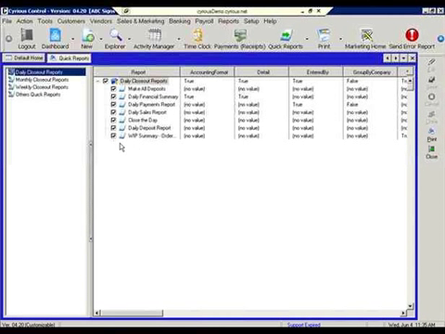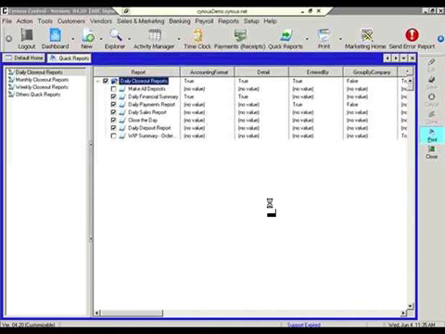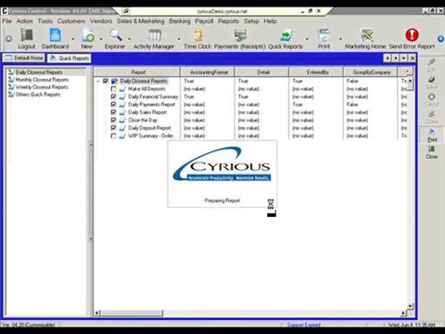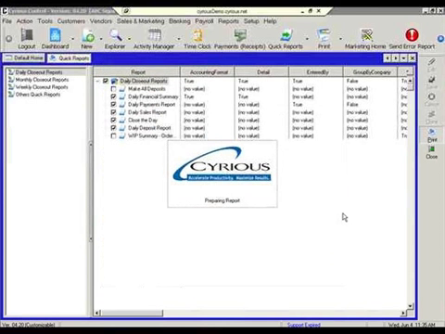So if we decide that we don't want to print that report, or we don't want to complete that action, we can simply remove the check mark for this one time, and those will not be initiated. So I'm going to choose the print button, and then rather than try to send them to a printer, I'm going to preview so that we can see what the process would involve to actually carry out